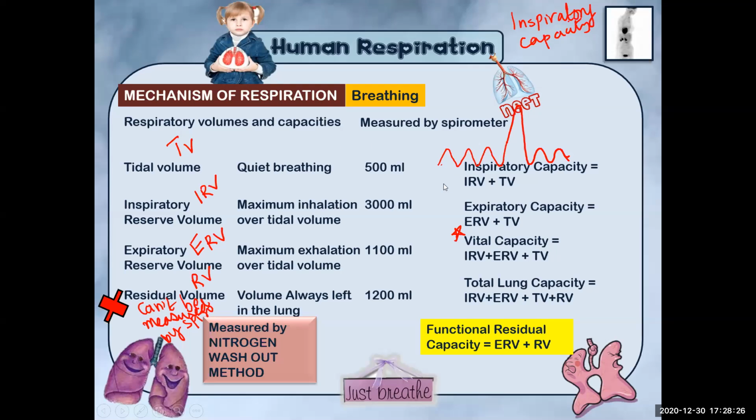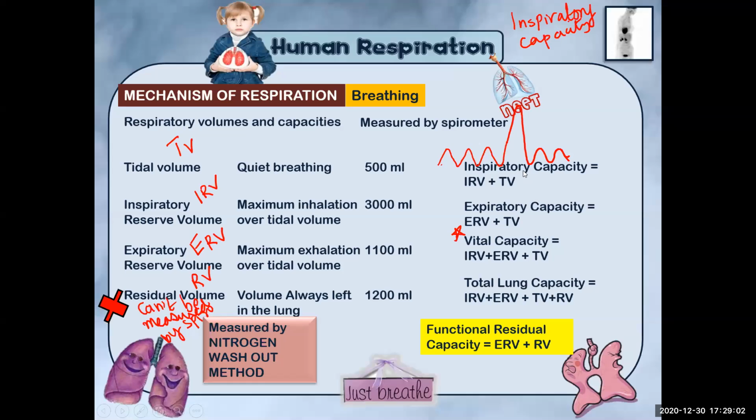Please make a note of all this. Tidal volume 500, inspiratory reserve volume 3 liters, expiratory reserve volume 1.1 liter, and residual volume 1.2 liters. Residual volume is always more than expiratory reserve volume. So sometimes they ask you, arrange the following volumes in the order of their quantity. सबसे कम टाइडल वॉल्यूम, फिर एक्सपिरेटरी रिजर्व वॉल्यूम, फिर रेजिडुअल वॉल्यूम, फिर इंस्पिरेटरी रिजर्व वॉल्यूम।